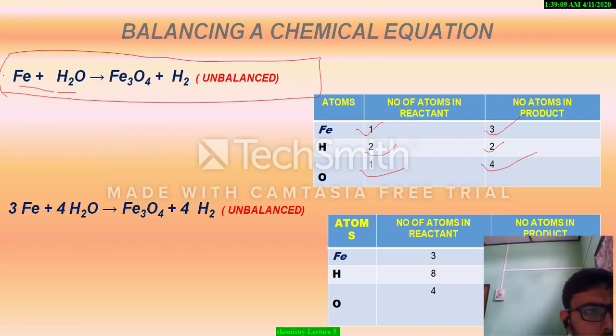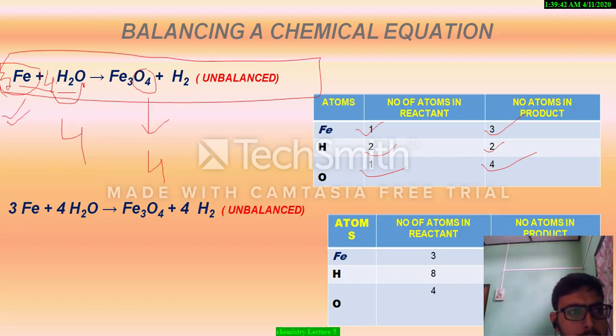Now if you put a 3 here, then the iron is getting balanced. But since there are 4 oxygen atoms here and only 1 oxygen atom there, we need to put a 4 here. If you put this 4, the total number of oxygen atoms here is 4, and here also the total number of oxygen atoms is 4. But after putting this 4, now the hydrogen is becoming